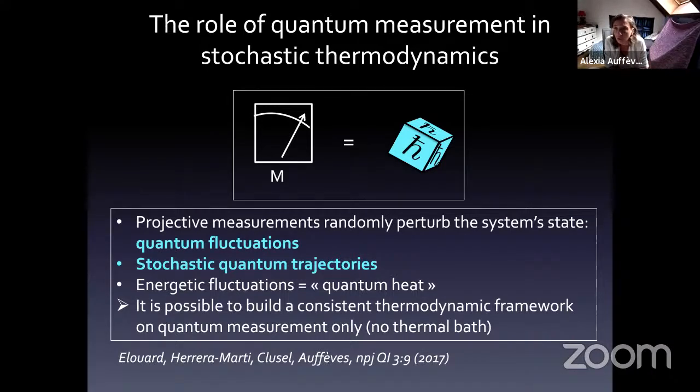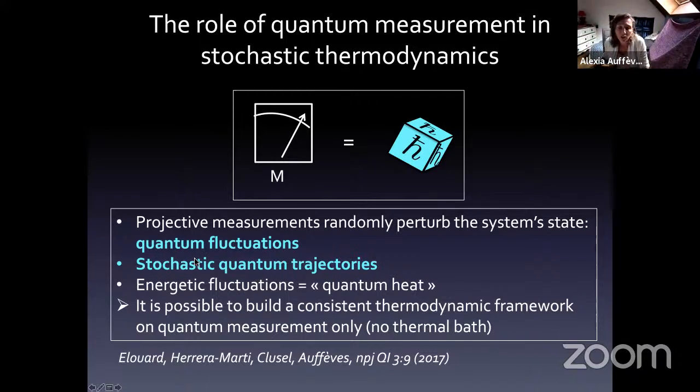Usually when you think about a measurement, you think of it in terms of information extraction. But the fact is that in quantum physics, measurement has another facet, which is that it irreducibly perturbs a system. When you look at a system in quantum physics, you perturb it. And if you draw the consequences of this from the energetic point of view, quantum measurement can provide energy to a quantum system. So these are the measurement-induced quantum fluctuations I'm talking about.